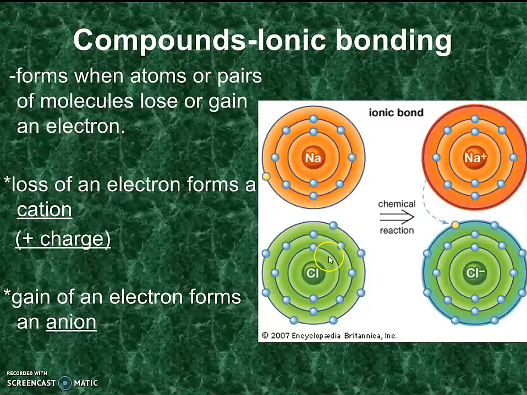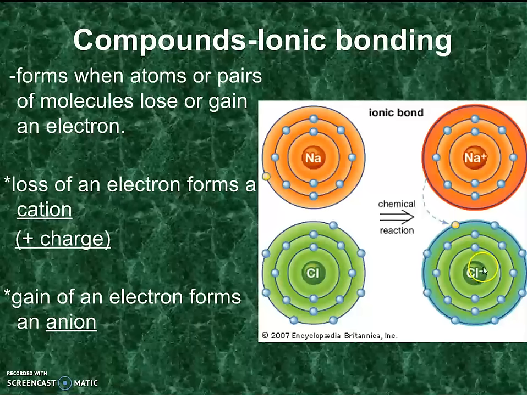Both of these elements are highly reactive because whenever they get around any other elements, sodium will force its electron on another element. Chlorine will steal an electron from another element just to fill up their shells. And so together, you can put NaCl together, and when sodium's electron is transferred to chlorine, we have a sodium ion, because now we have 1 more proton than electron, because we lost